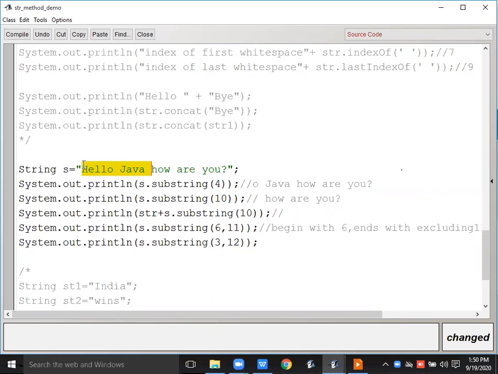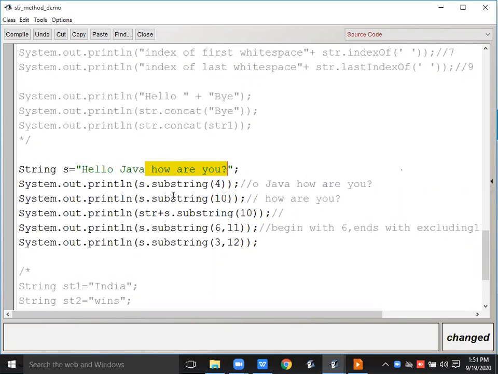Okay, means 10 is occurring on this space. This space exists on the 10th index position. So from the space it is going to fetch space, then how are you? It will be your substring. Space, how are you? Okay, fine.